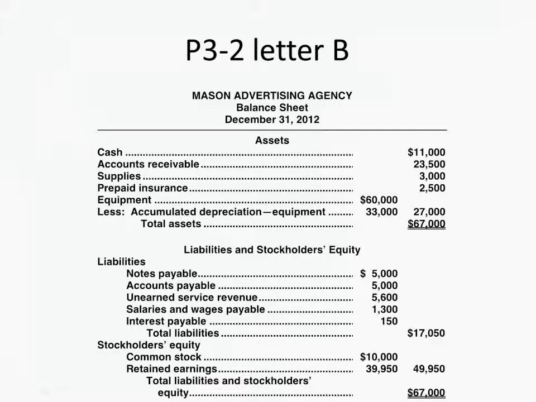So, we've now gone through transactions, journal entries, posting to the ledger, right? We've gone through making a trial balance. We know that we make adjusting journal entries, and then from there we have a final trial balance. We can go ahead and make our financial statements. We made an income statement, a balance sheet, a statement of retained earnings. Okay, and so now I just want to touch on a couple of additional items to finish up this